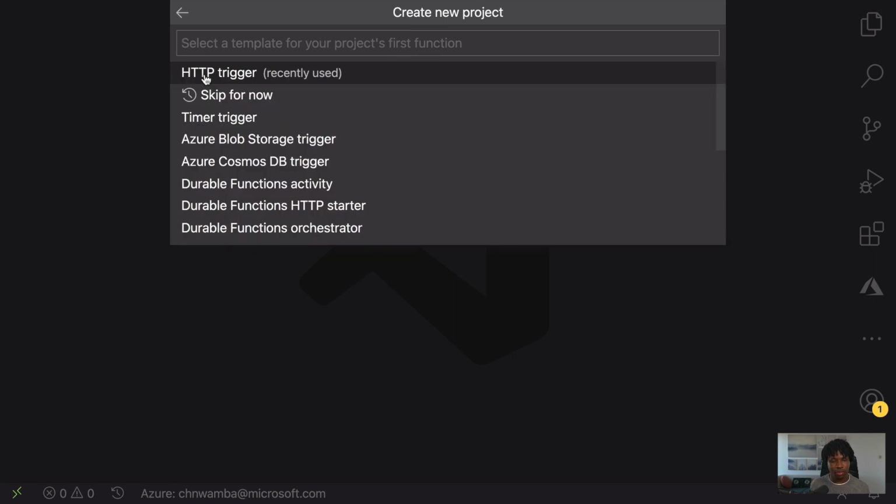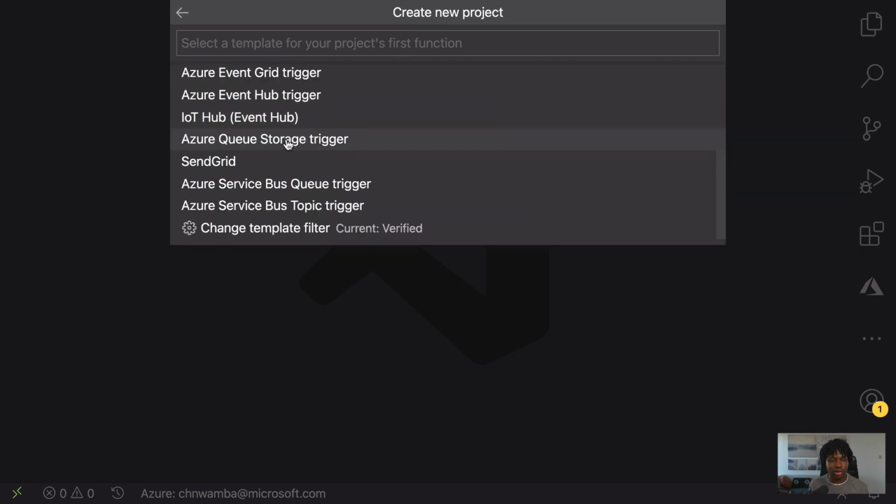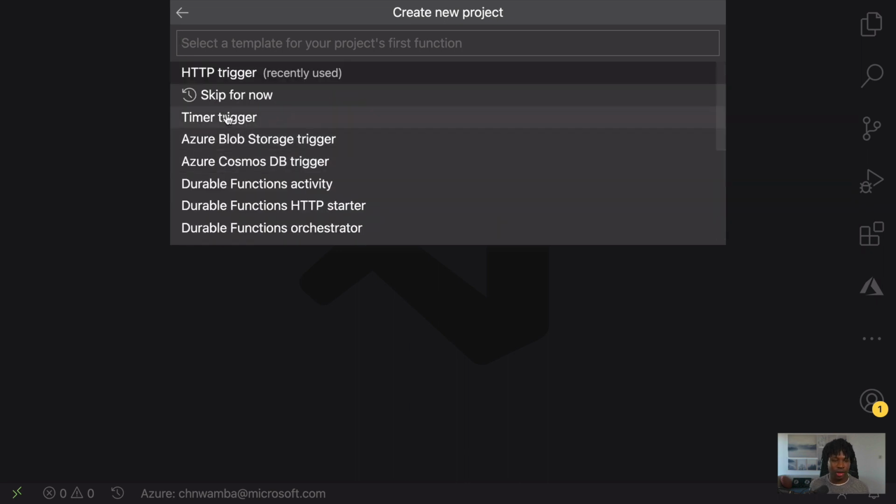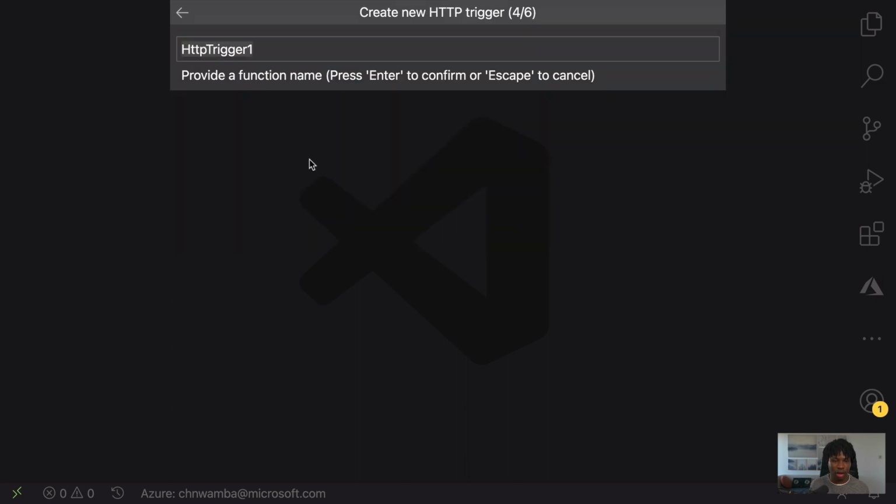And the next thing it asks is to pick a template. Now, these are all different scaffold templates for Azure Functions, but for our case, we're just doing a simple serverless API, so it makes sense that we pick the HTTP trigger template. Now, VS Code will ask you to give this particular function a name. This is different from the folder name we created. I'm going to help you distinguish between these two, but for now,